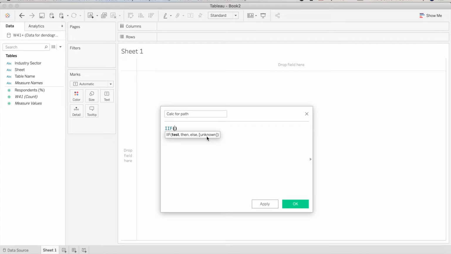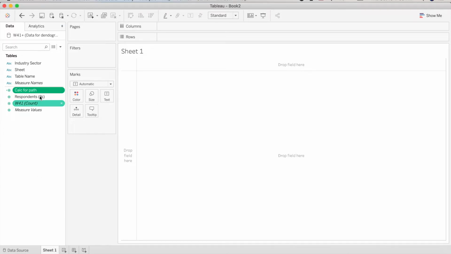If table name is equal to, remember the name of the sheet that we have copied, we will paste it here, and we will say if the name of the sheet is this, then 410, else 200. We will check if the calculation is valid. Yes. Apply. OK.